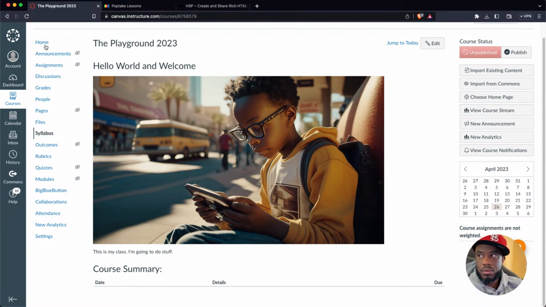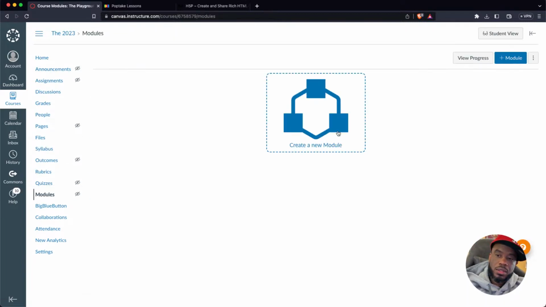Now let's go to our modules. Cool. So start thinking about modules. Again, thinking big pieces, not small pieces. If you were planning a unit, the module is the unit, in my opinion. Don't go and parcel it out. So start with the big idea of the unit, the project, the idea, great.